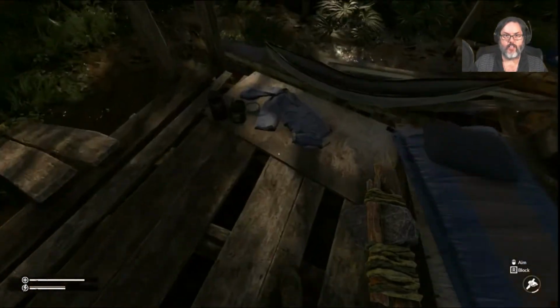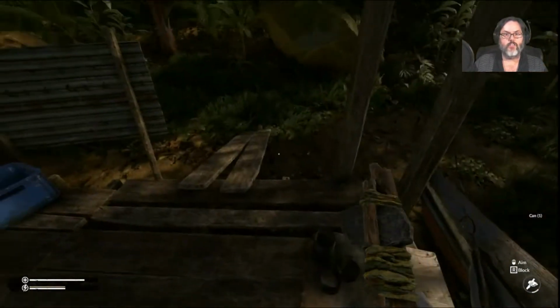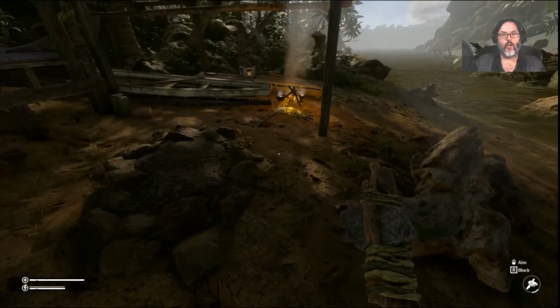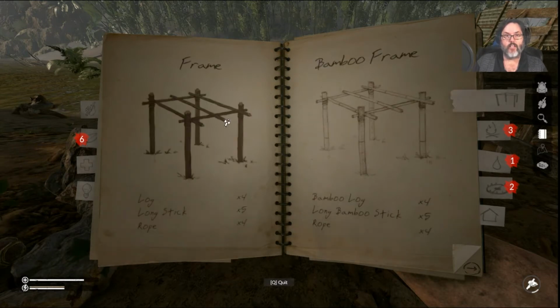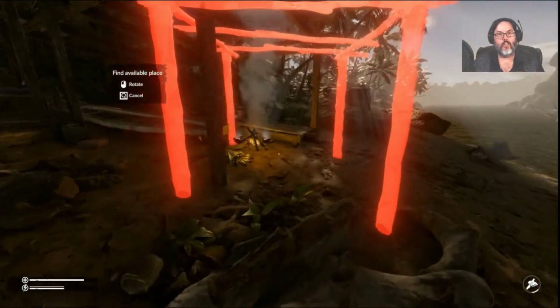You've got a mattress here. You've got a food can. And then you have this hammock. So there are several sleeping spaces here that you can utilize. Now, what you don't have is a safe spot. So we don't necessarily need to build the sleeping shelter. That's 8 sticks, 3 long sticks. Honestly, that's not bad, but we can also build this, which is 4 logs, 5 long sticks, and 4 ropes. Then we put a roof on it, and this frame gives you a safe spot. So let's take this,